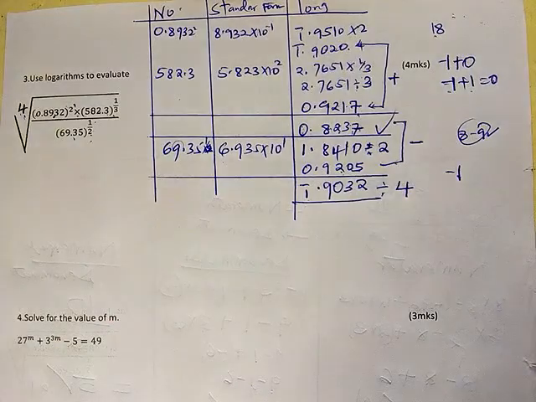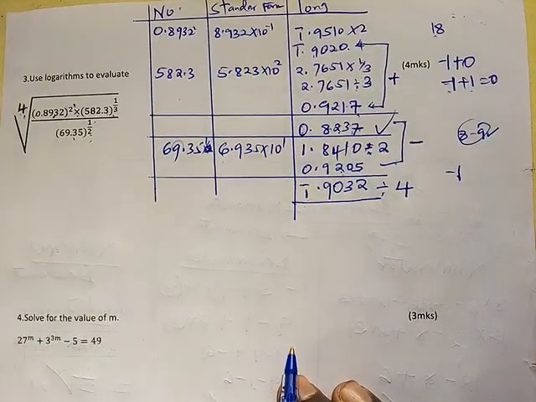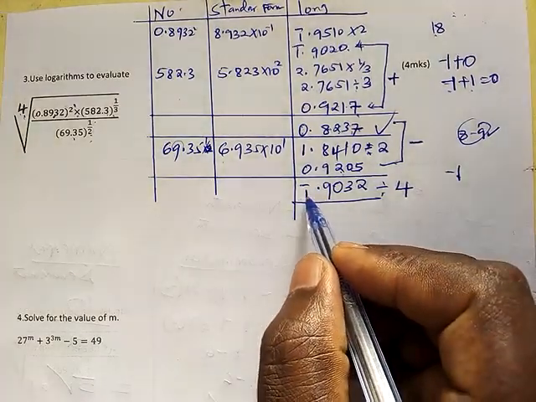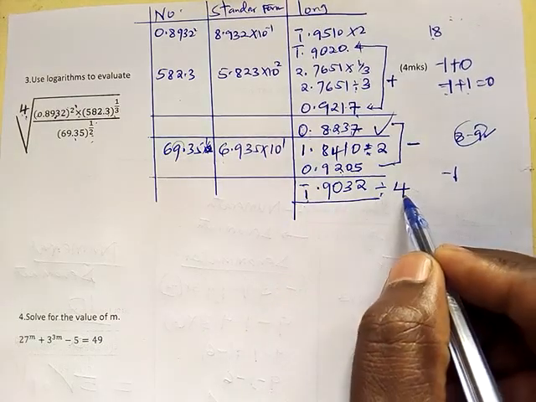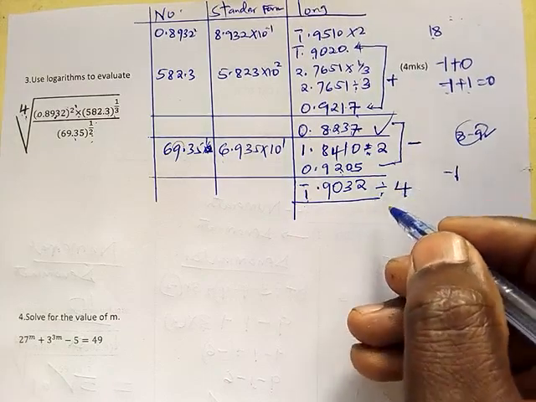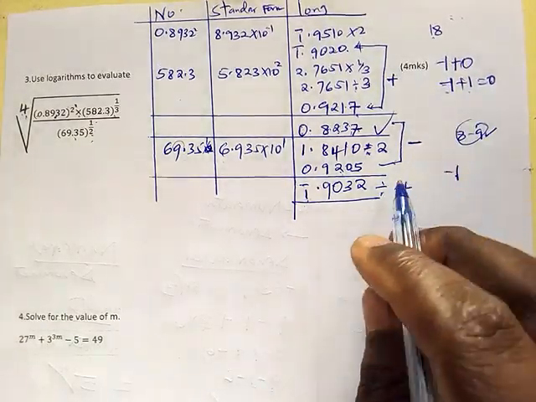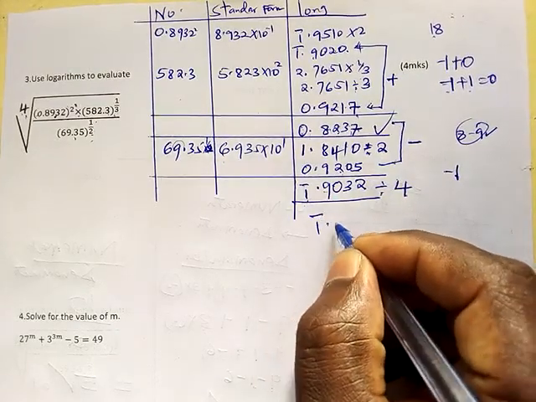We divide by 4. So you divide this answer by 4. When we reach division, there is something you must know. You cannot divide pi by 4 or -1 divided by 4. That one is incorrect, but I will also teach that later. I don't want to spend much time here. So when you divide by this, the answer is going to be power 1, 9,